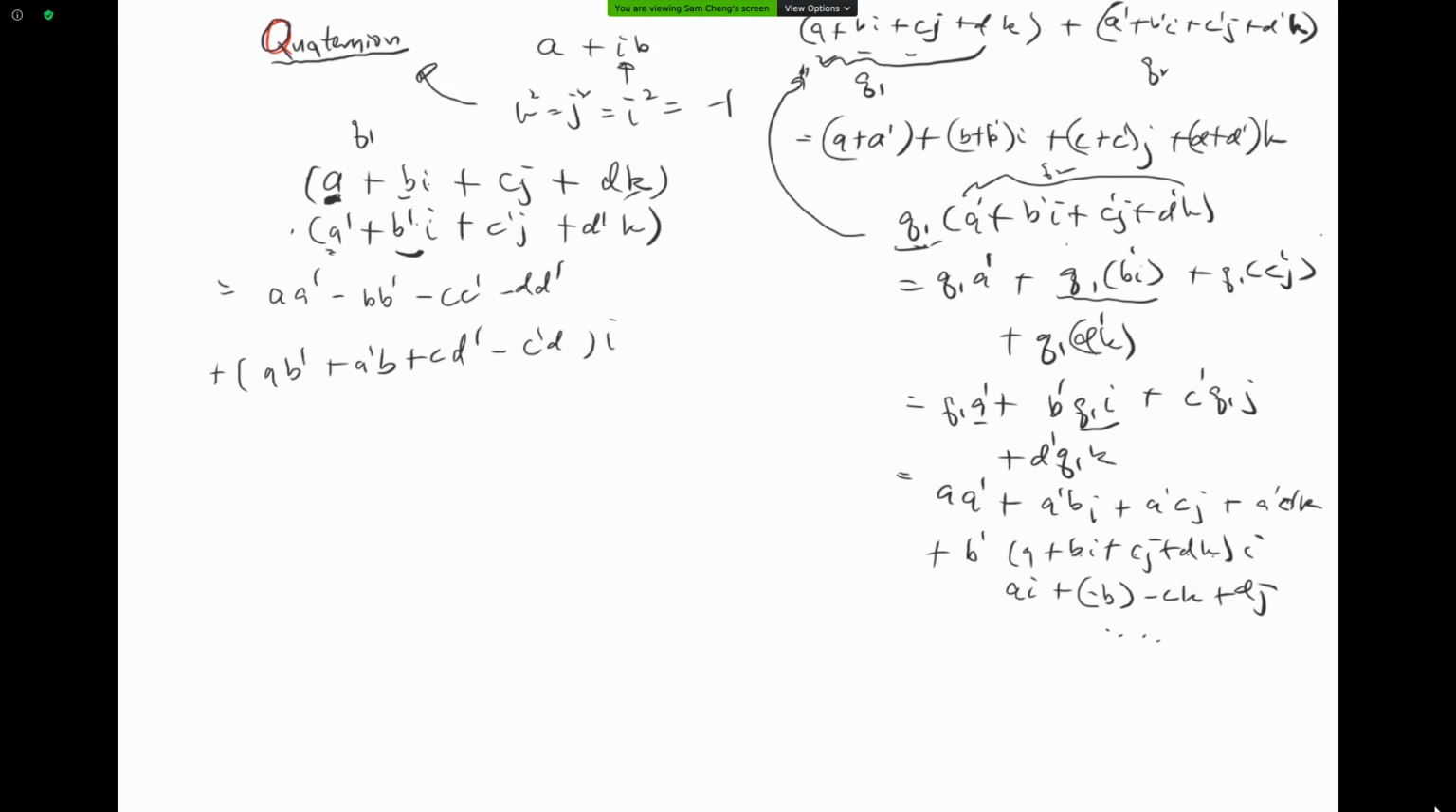Now I can finish the whole thing here. For j, I can do the same thing: what will contribute a j term here? Of course, a times c pi will give me a j, so I have a c pi here, and then a pi c also gives me a j here. Then the cross term between i and k will give me a j. More precisely, k times i will give me a positive j, so I have plus d b pi minus